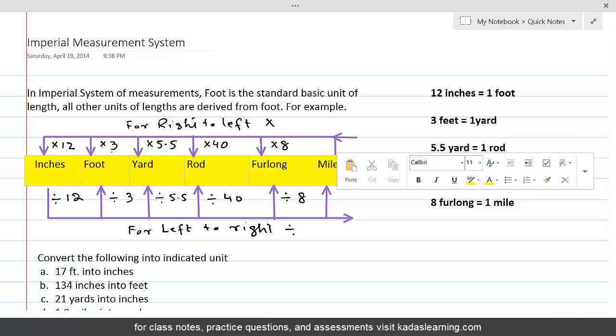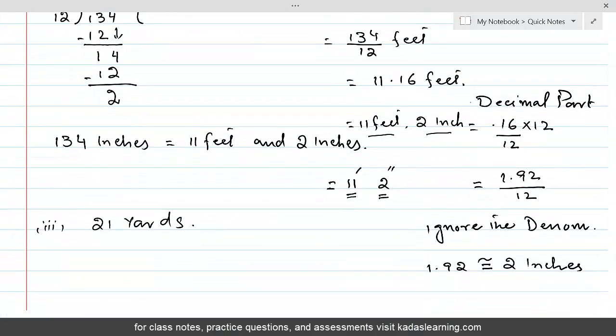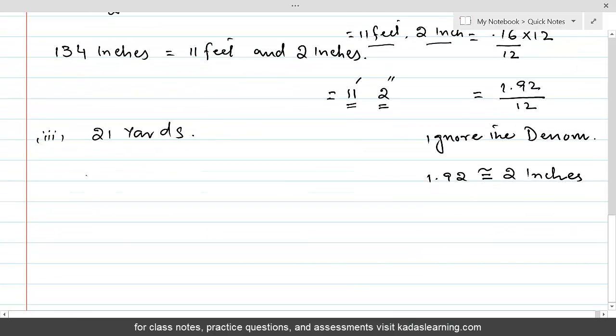We can multiply by 36 at one time, but if you want to do it in 2 steps, you are fine. If you want to combine both multiplication factors and get 36 as the product, that's fine too. Whichever way you want to work. And here let us do it in 2 steps. So 21 times 3 feet, and here 21 times 3 is equal to 63